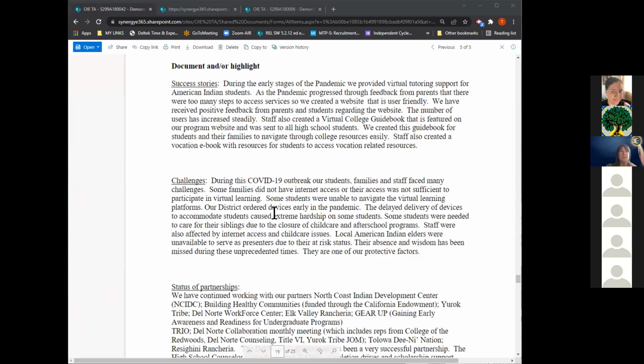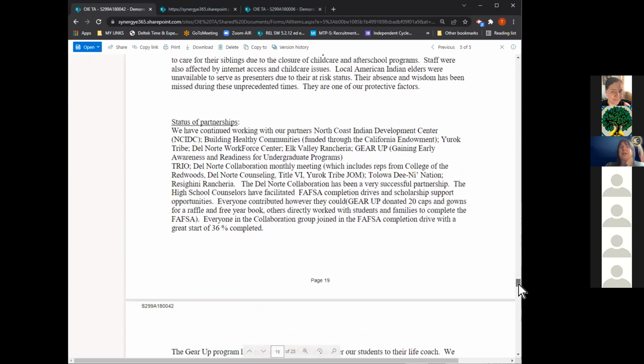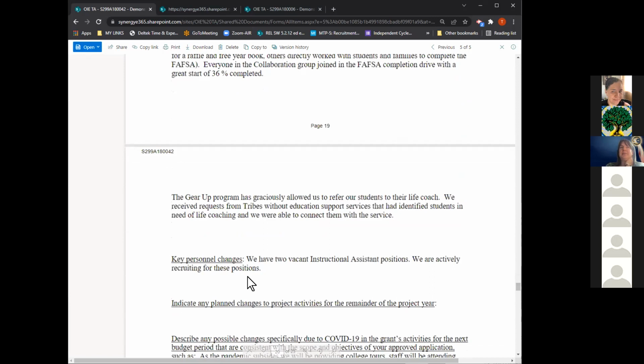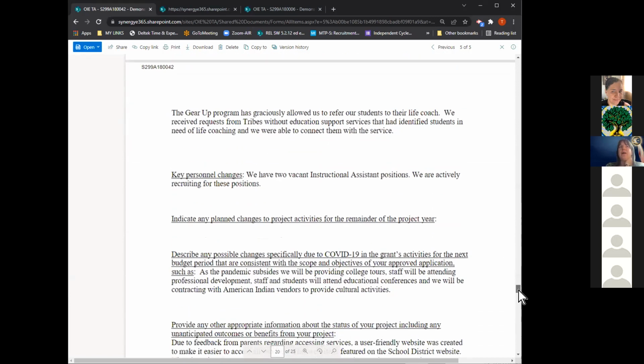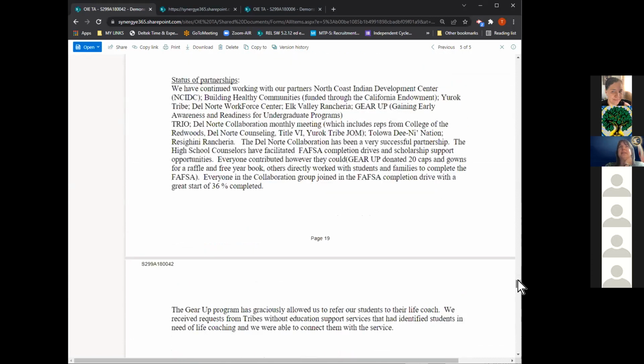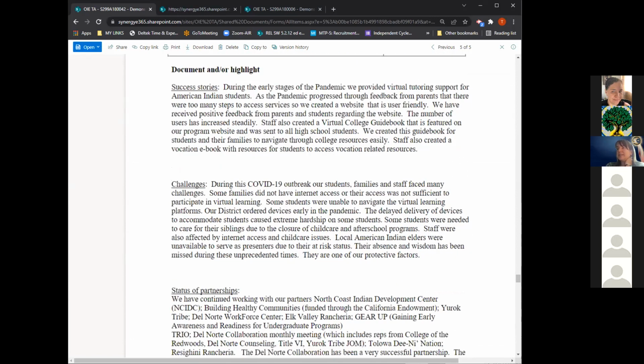Here's a grantee. And this was before we put out this optional C section reporting form. So you can see here this grantee did nicely label their success stories and challenges. They gave details about the partnerships, nicely organized for us here, as well as any key personnel changes, and labeled those so that it was a nice, easy read. So we still ask about that information, and you can still provide that here. And to Georgia's question too, yes, if you have more information that didn't fit in other sections, you can include that.